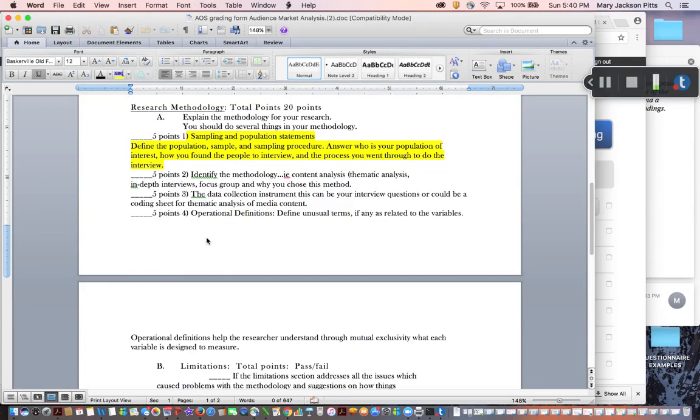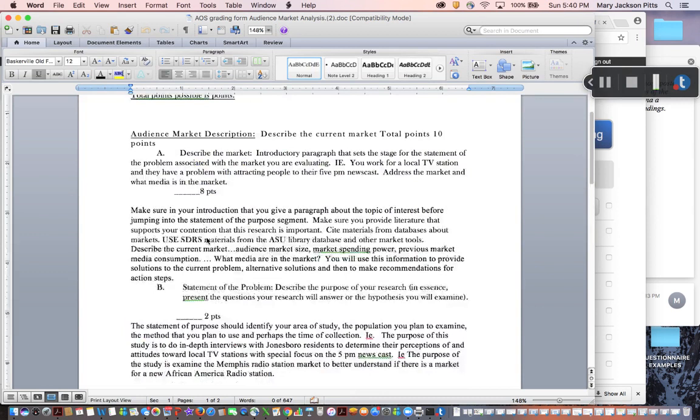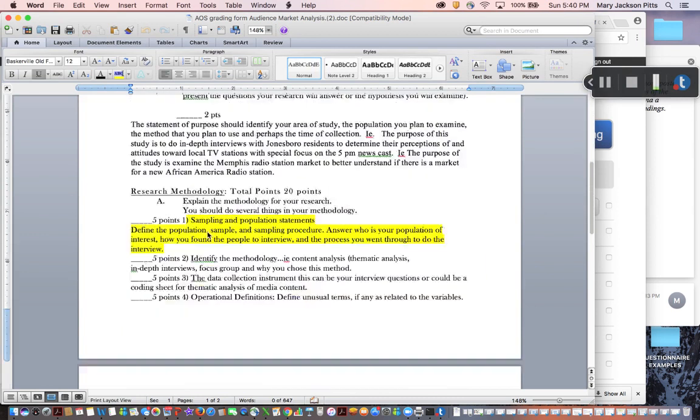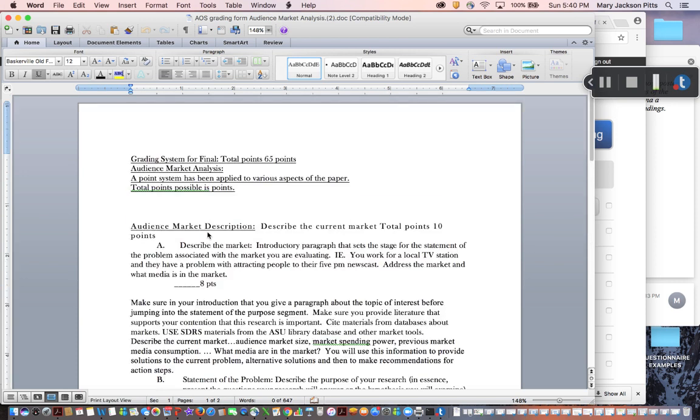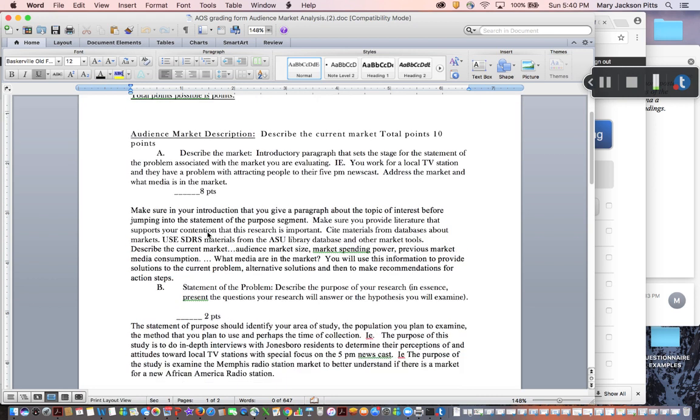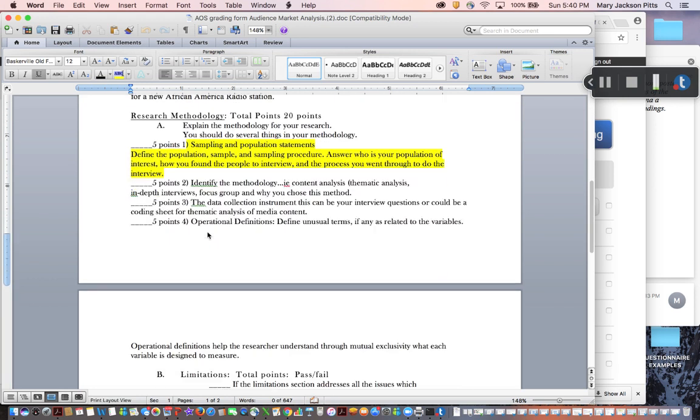The research methodology follows your audience market description, and the research methodology is a very important part of your overall case study that you're going to be doing. In essence, your entire project is wrapped around all of these individual assignments. So the first thing that you've done is provide the audience market description, and then now you're going to provide